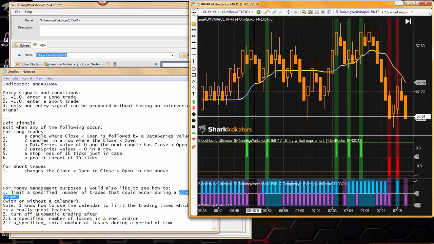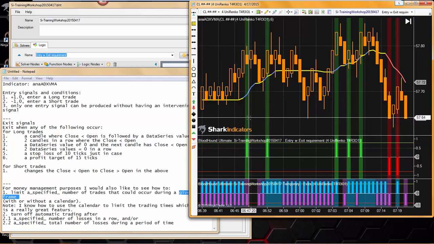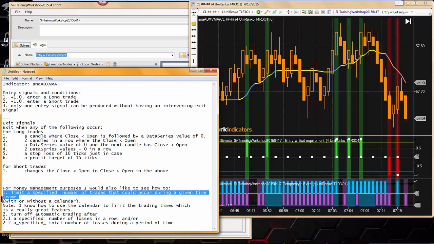I can't think of a way for an indicator to do that. Not even a custom indicator could do that, because a custom indicator that could track the time wouldn't know when these entry signals occur. That's the problem. So we'll just say money management rule number 1 requires a custom strategy to be written